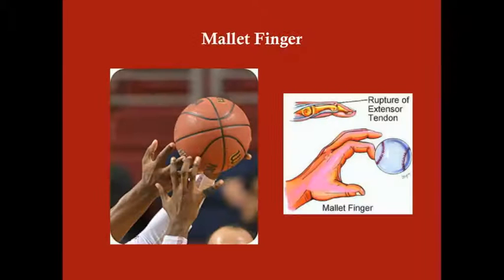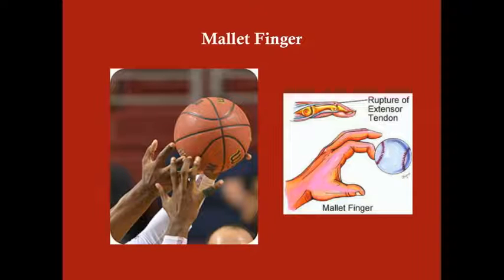Okay, mallet finger. So this is kind of the opposite here. A mallet finger happens due to an injury to the extensor tendon. And normally this happens due to trauma, particularly athletes who are going to go catch a ball. If you think about it, when you go to catch a ball, especially if you're doing it at the spur of the moment, like these guys going up to get a rebound,